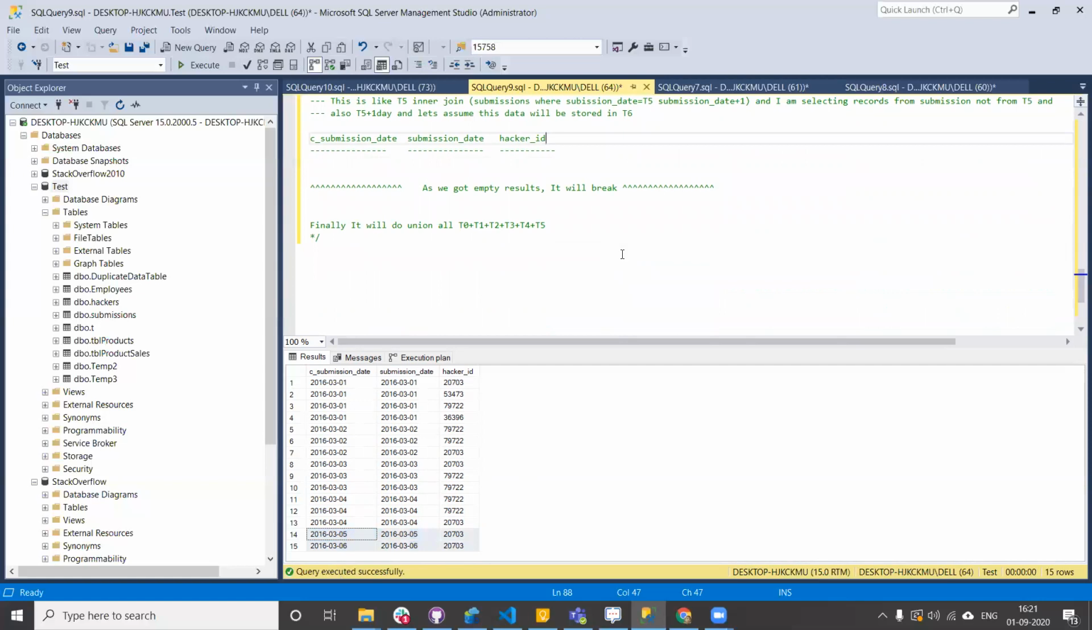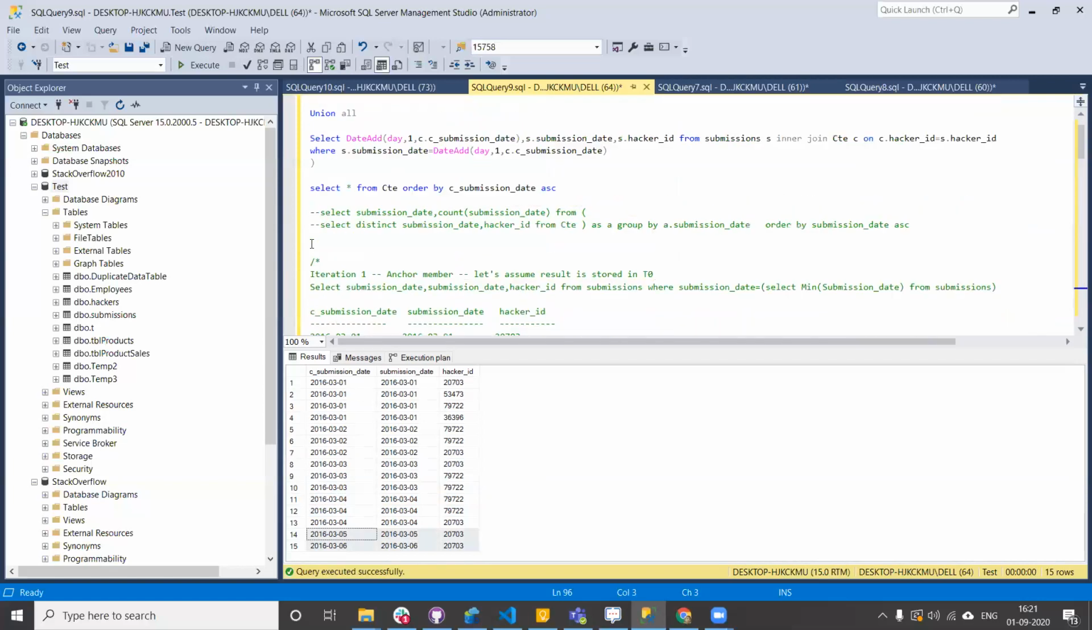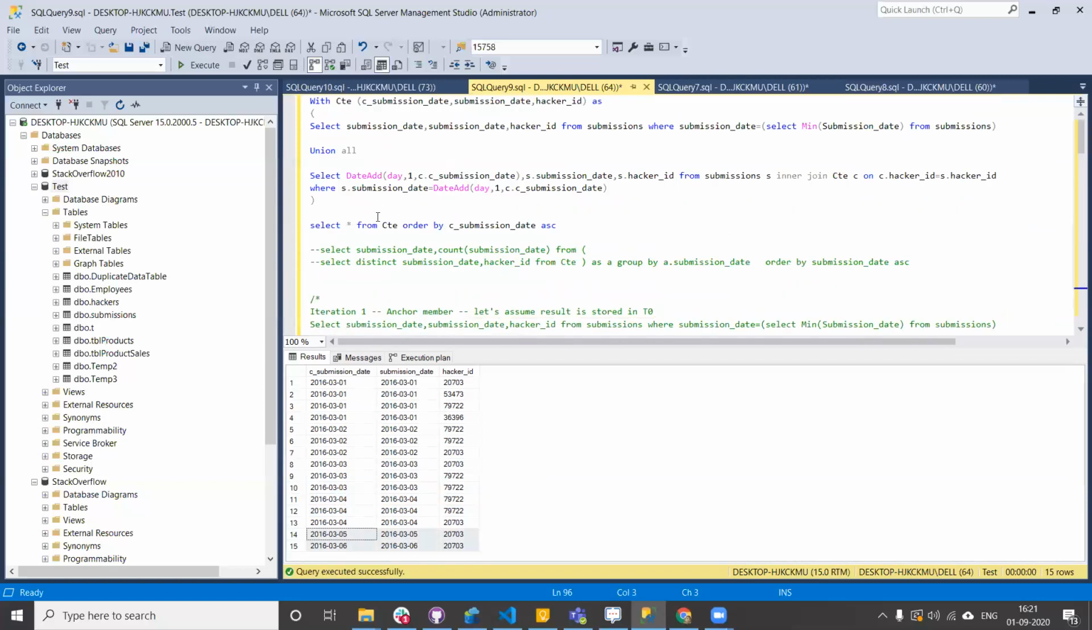Okay. So this is how it works. Now what I'll be doing is I'll try to do a distinct of all these items. Here I'm just printing all the data from the CTE, but instead of printing all the data, I'll just do a distinct. So when I do distinct, I can also ignore